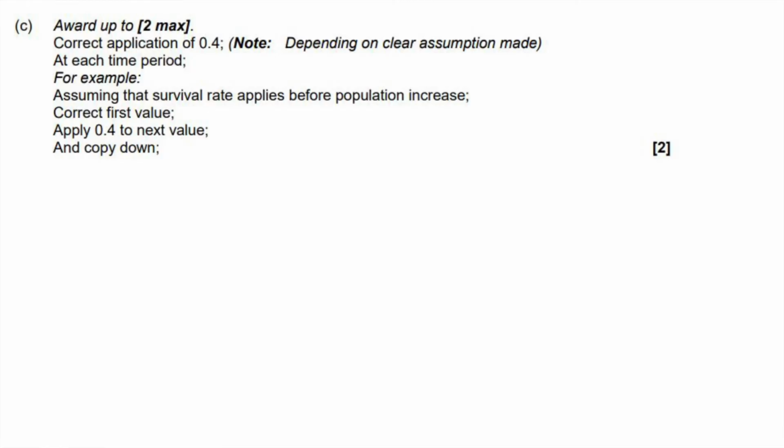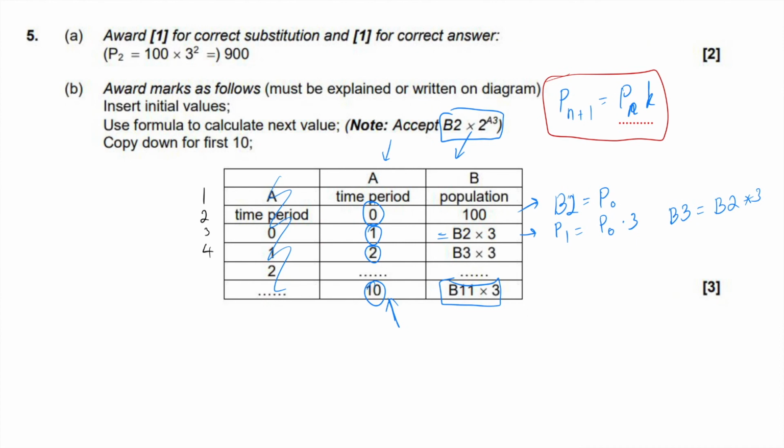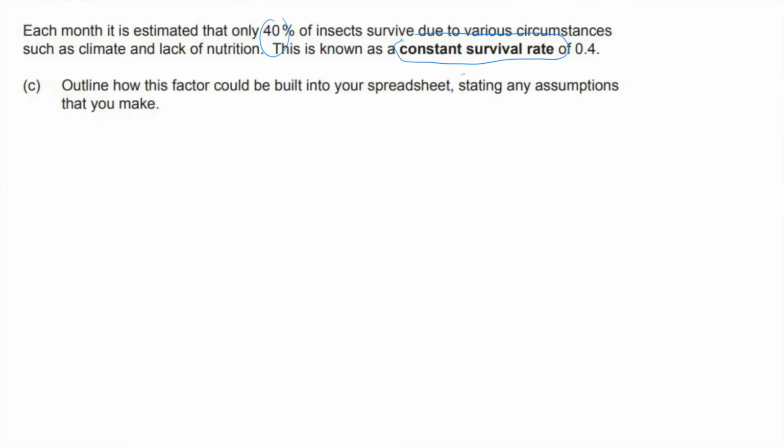Basically what that means is that at each time period, you would apply 0.4, right? So right here, it says basically at each time period, whatever your result is, you probably just multiply that by 0.4, and then that would just be used as the input for your next value. So not too complicated, but this is just an example of a question that may come up,